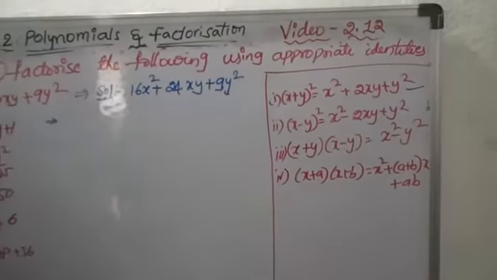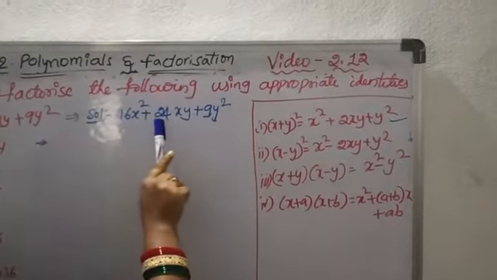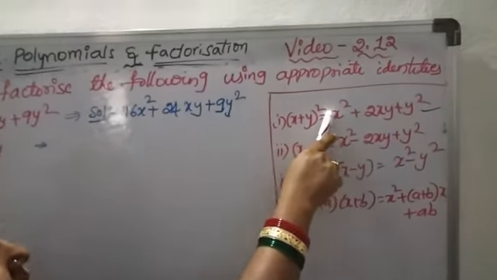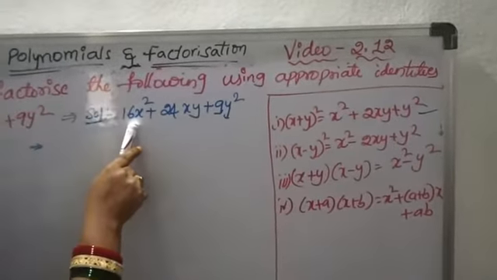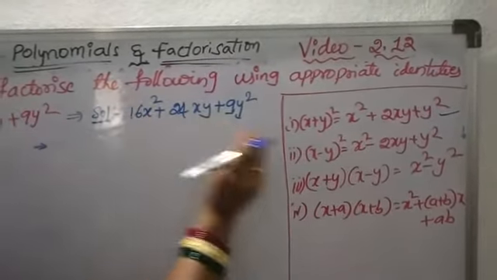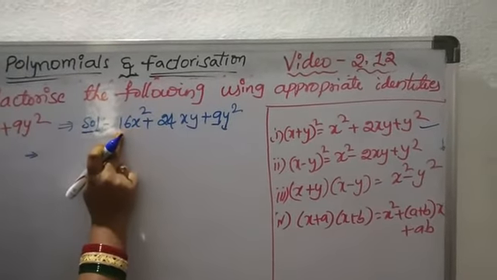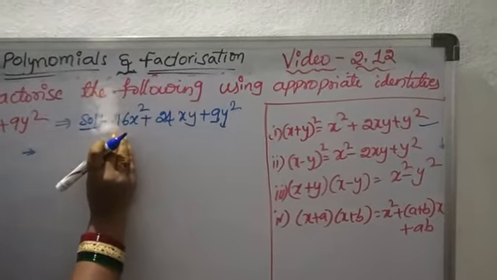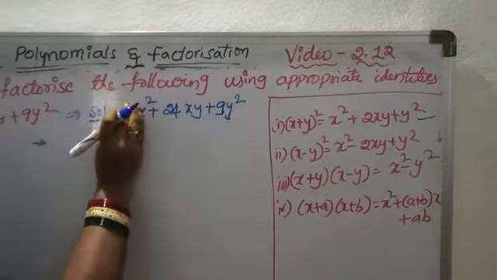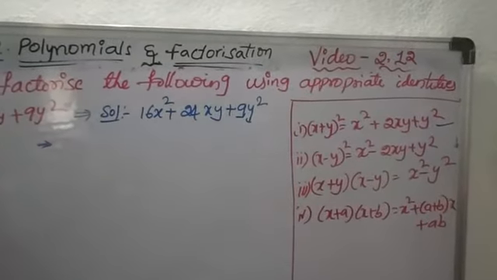We have to select the first algebraic identity, where the x square term is there, the xy term is there, the y square term is there. But there the x square coefficient is always 1, whereas here the coefficient of x square is 16. We have to convert this into only x square, so we can write x square with some constant. We have to express the first term, the second term and the third term the same as in the algebraic identity.